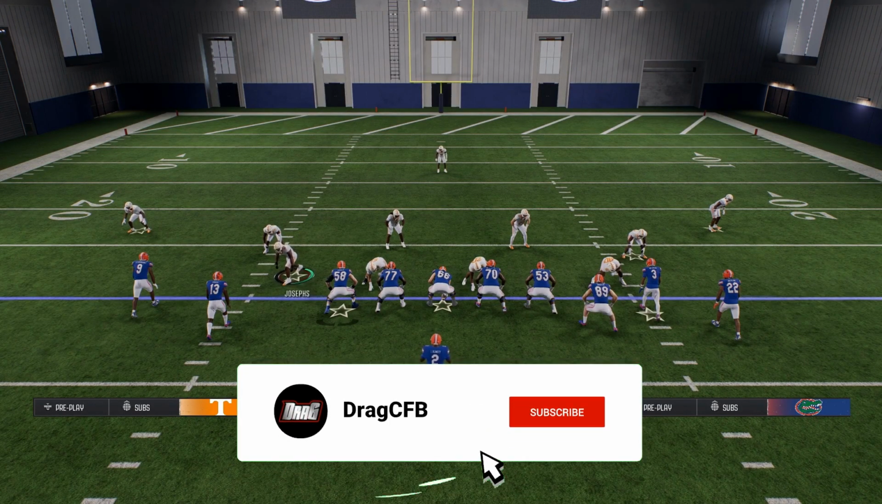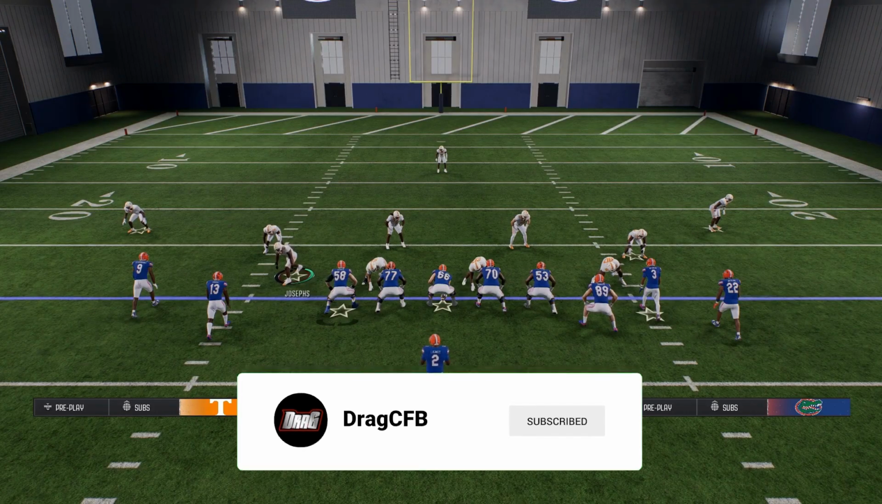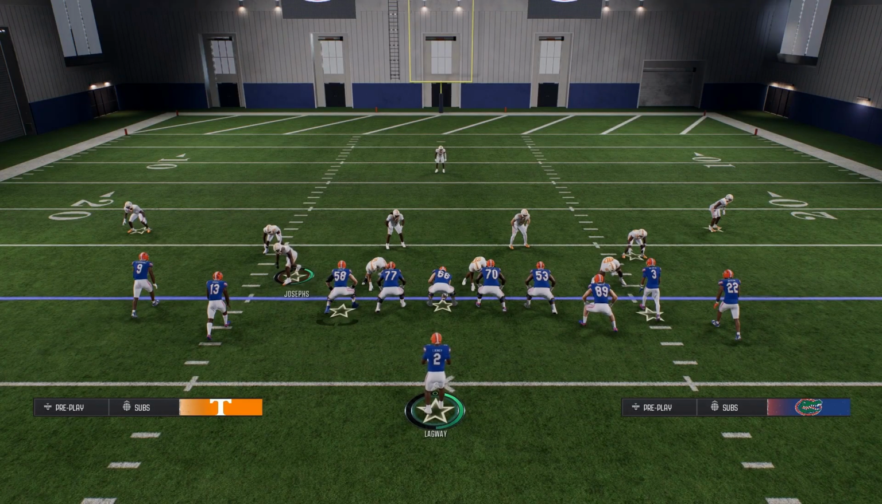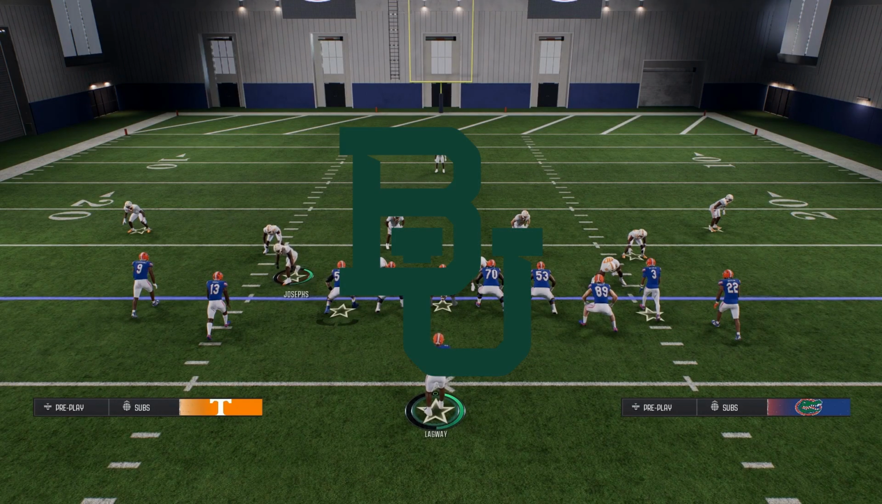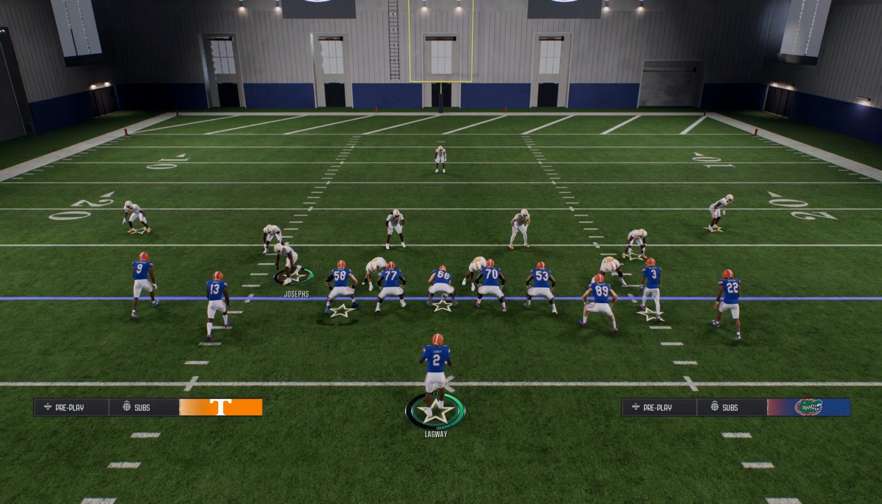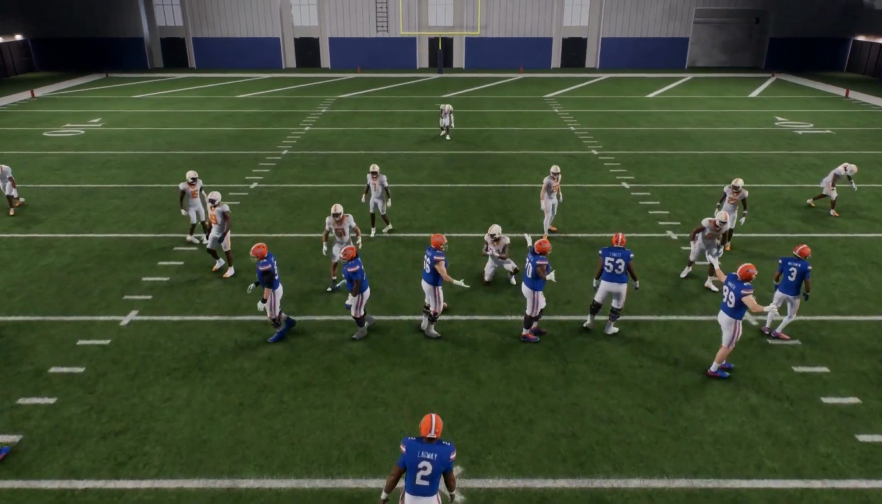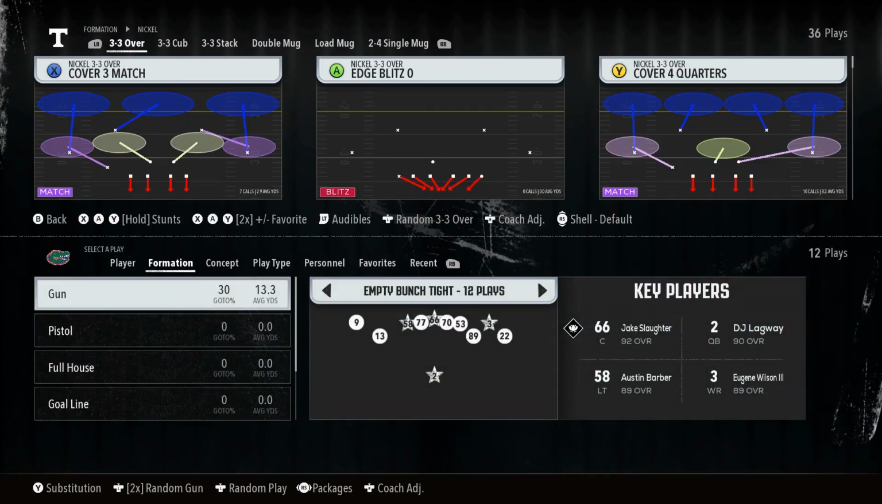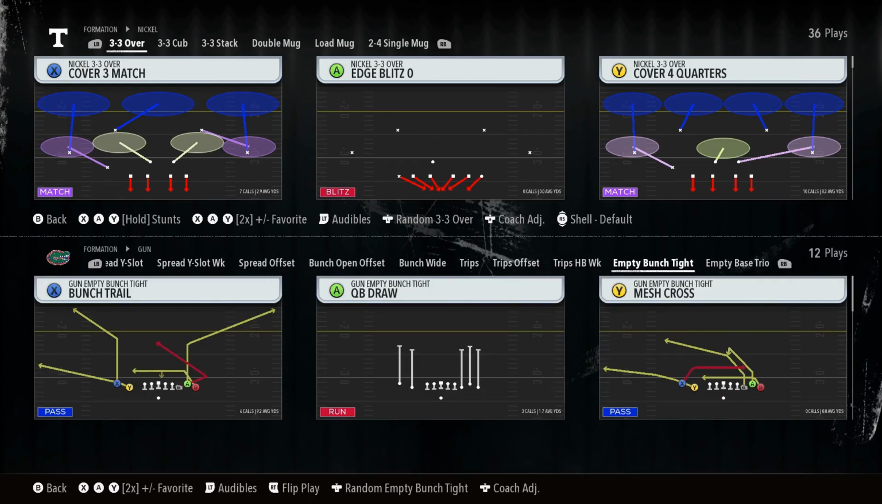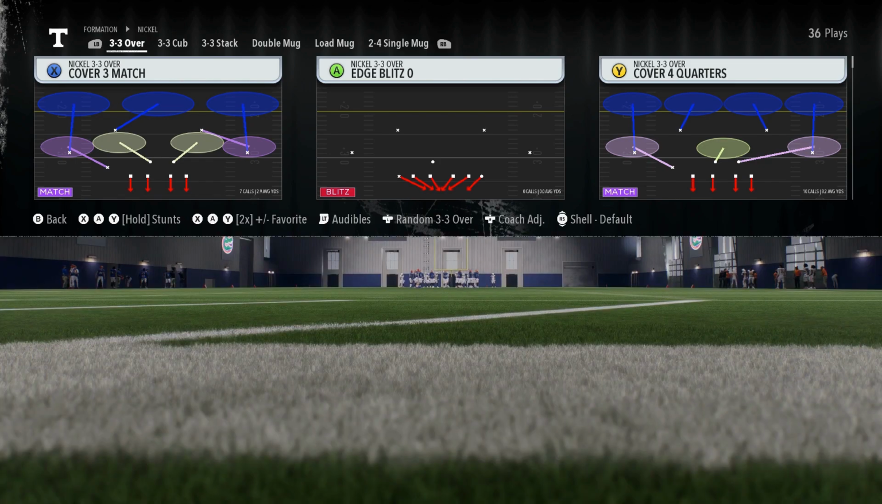Like I promised, I'm going to finish my breakdown of the Empty Bunch Tight formation in the Baylor offense. To begin, I'm going to go into the play call screen here. If you'd like, you can use the Gadget Halfback package, which gives you 4 wide receivers and 1 tight end. Otherwise, you can just run a regular formation with a running back, which basically allows you to audible around